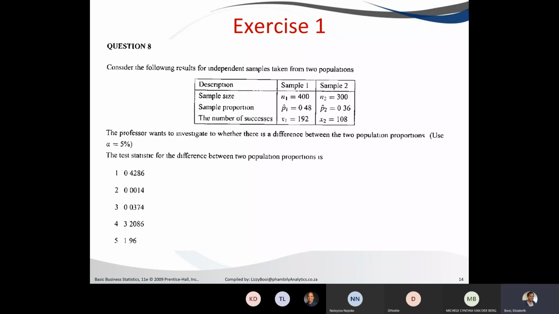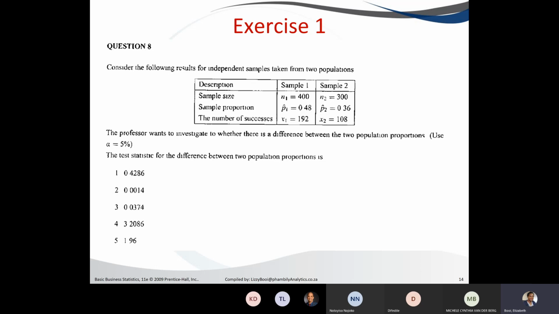And they give you the table with the sample size, the sample proportion, and the number of successes. So here they calculated the sample proportion. You don't have to calculate the sample proportion. They also give you additional information, whether there is a difference between two population proportions, use alpha 0.05. That statement probably is for the next exercise, because I took this from the exam paper. Relating to what we have in front of us, the only thing you need to do in here,